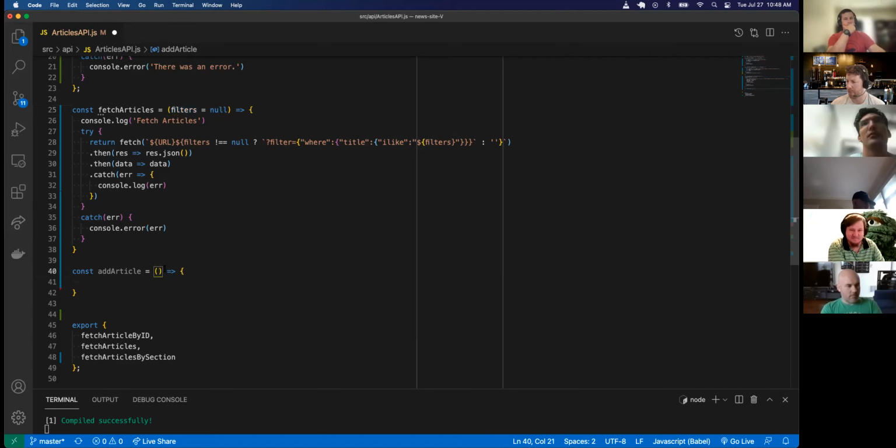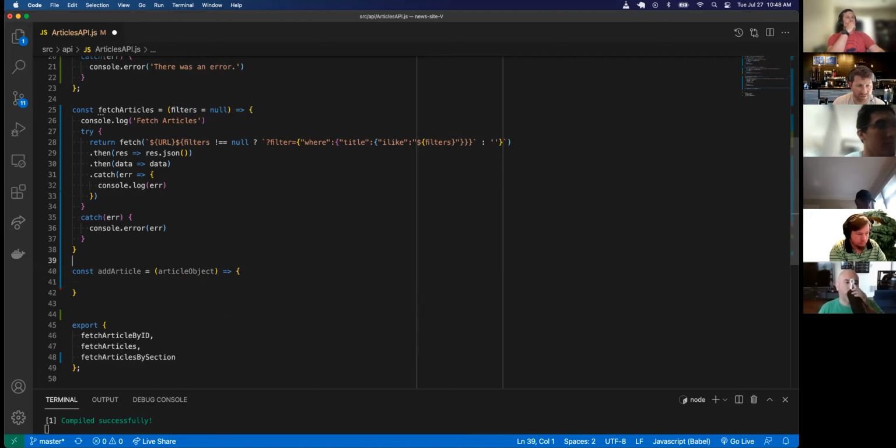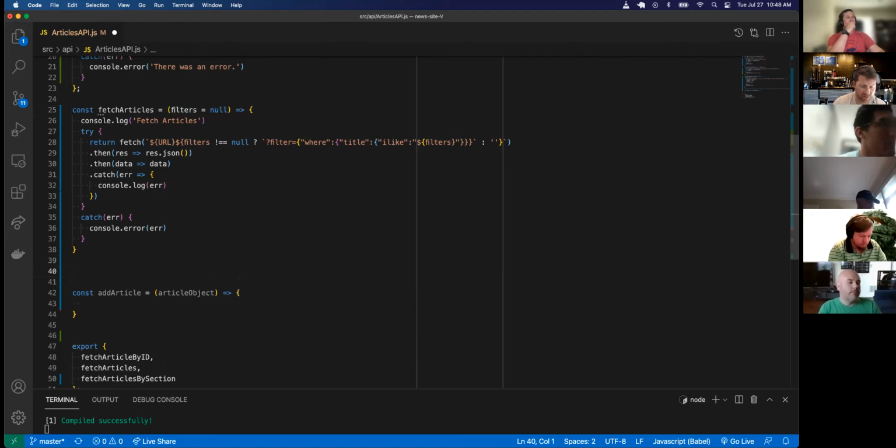And what do you mean by input? Wouldn't it be like a full-on object? Yeah, it'll be an article object. It'll be some object with like title, byline, abstract, whatever we want to add in there. So it'll be like an article object. And that object will literally, I'll kind of show you. It'll look like